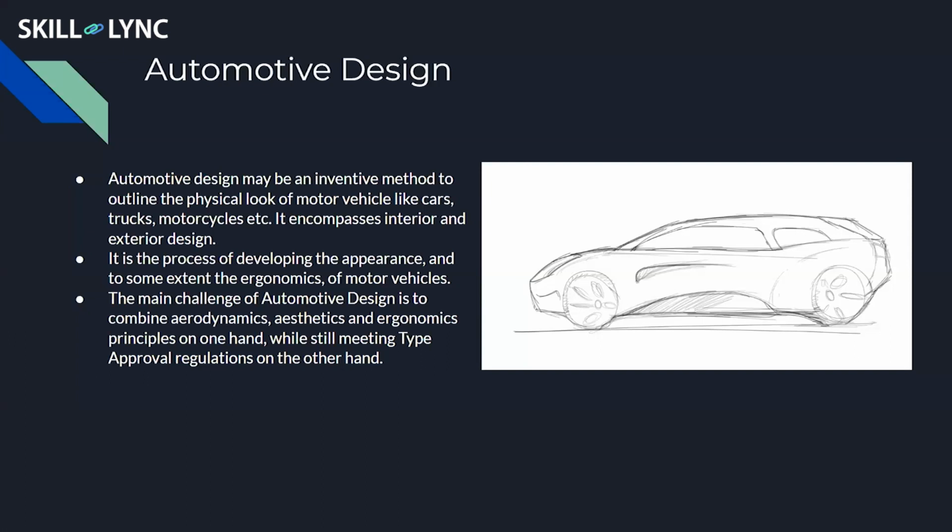Got it? So automotive design may be an inventive method to outline the physical look of a motor car, right? Cars, truck, motorcycles, buses, aeroplanes. So you name it, you name a vehicle that's there, right? And here we are not just talking about the exterior, right? We are also talking about the interior, how a car looks from the inside too. So whatever you can see, that comes in automotive sketching or the design. Okay. So it's basically a visual course,